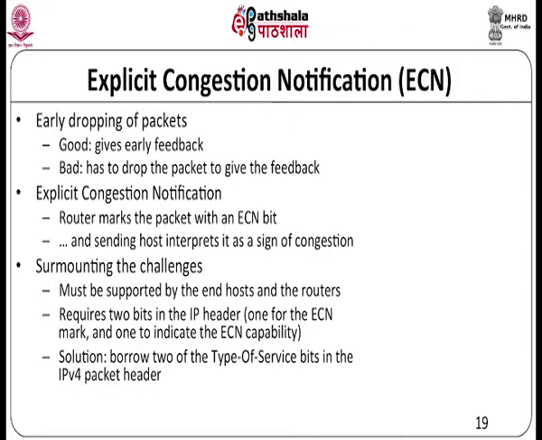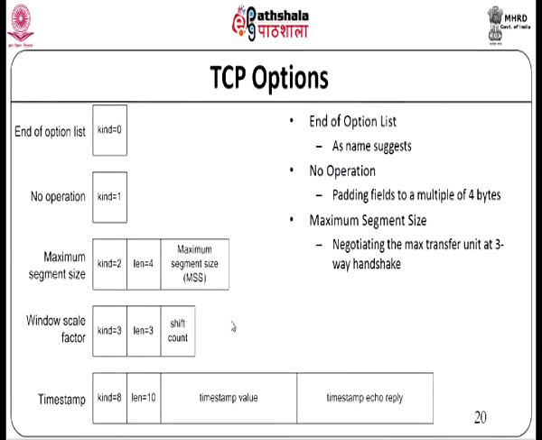Next we will look at the different options that are available in TCP. Remember, if you look at the TCP header, you will find that there is something called TCP options over there. So what are the options typically that are supported by TCP? These are some of the important options that we have. These are the values that the options field can take. There is something called an end of option list; the kind basically indicates the type of the option. So kind equal to 0 is end of option list, and no operation is kind equal to 1. These are pretty much straightforward.